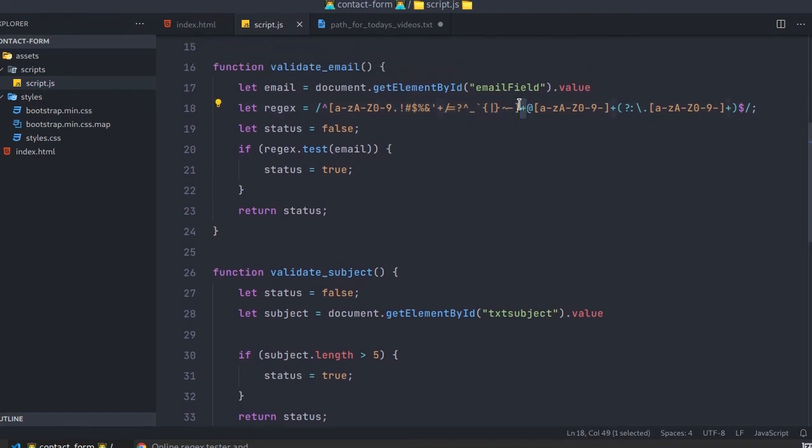Plus means in the regular expression either one or more. So any of these characters should appear at least once, or more than once. Then the at sign is mandatory, which means there is no option for that, so simply add it. Then once again from A to Z, capital and small, same 0 to 9 and dash, because some domains